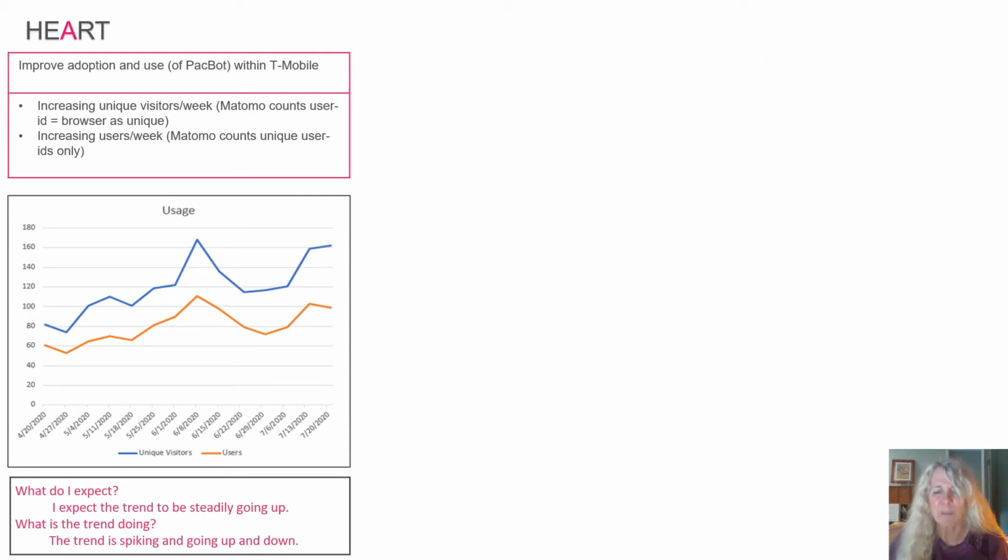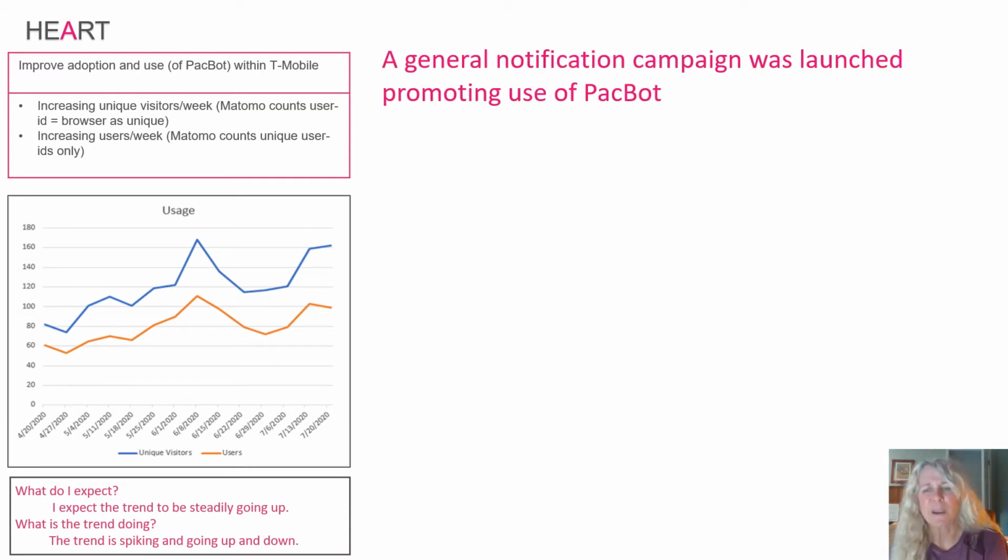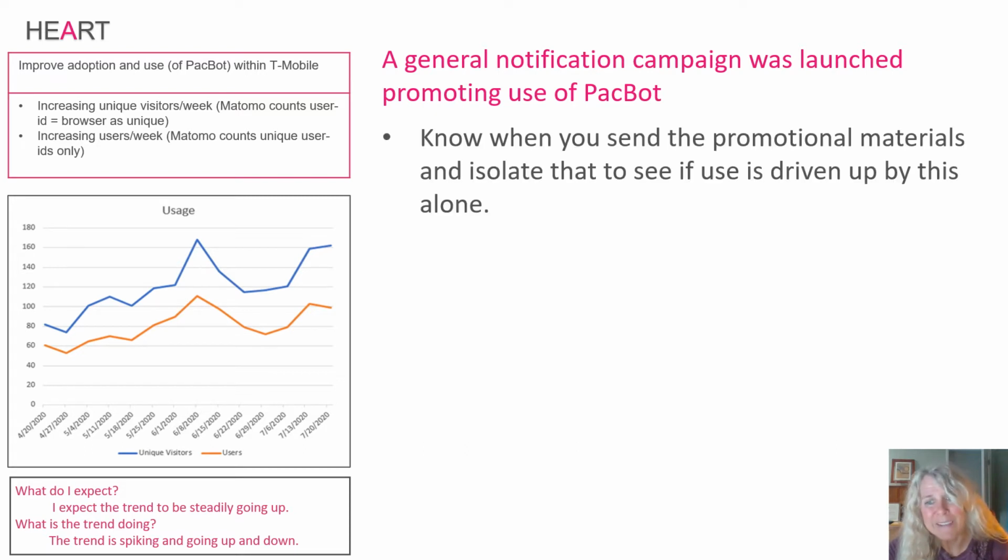So another thing that Brian does that is different from what the tool does is he is actually going out and creating campaigns where he is sending out notifications or creating some sort of event to tell people that they should really be visiting PackBot more often and paying more attention to their compliance. And so he wants to know whether or not his promotion or his campaign is working. So again, same thing. He needs to look at when he's sending out his promotional or campaign materials and see if he sees a spike of usage following those campaign activities. So that's another option.